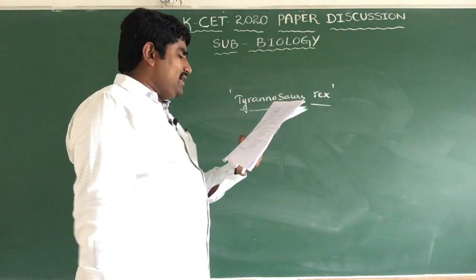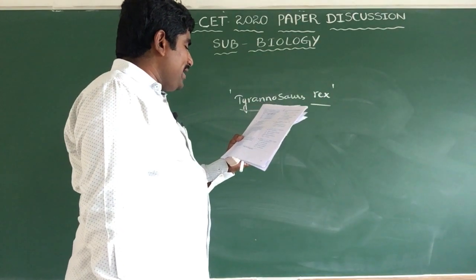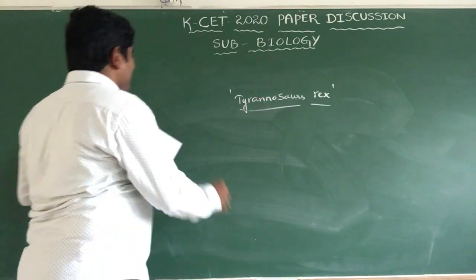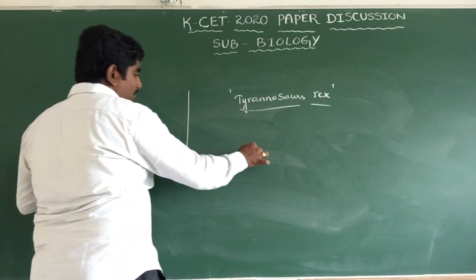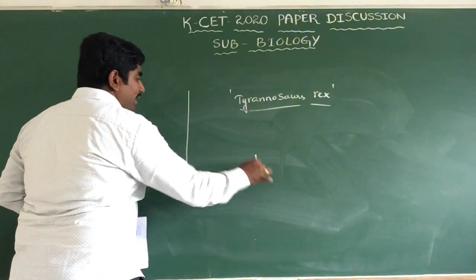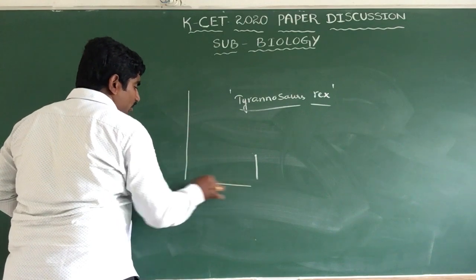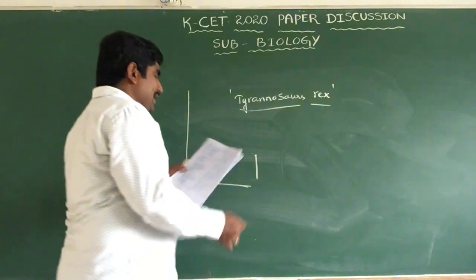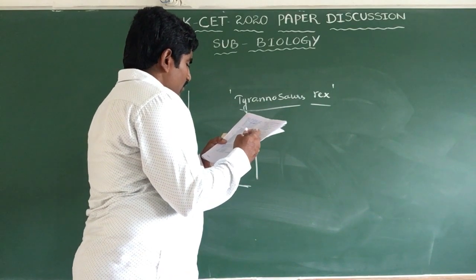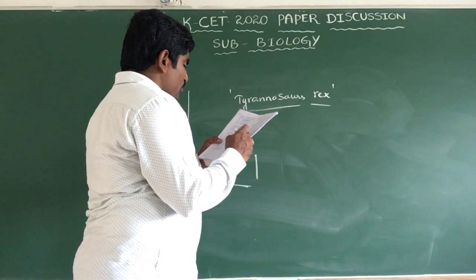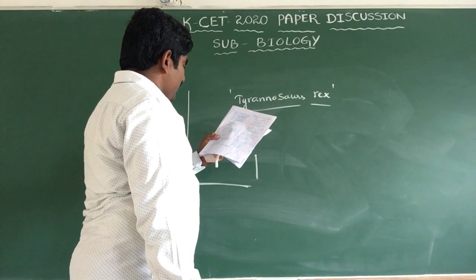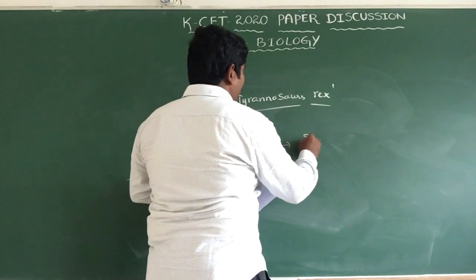In a population of plants, some were extremely tall and the remaining were extremely dwarf. No plant of the population showed intermediate height. See here, some are extremely tall and some are extremely short. Clear or not? There are no intermediate groups. No plants of the population showed intermediate height. The type of operation of natural selection above is known as stabilizing.